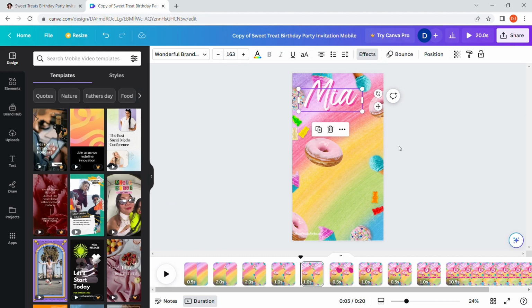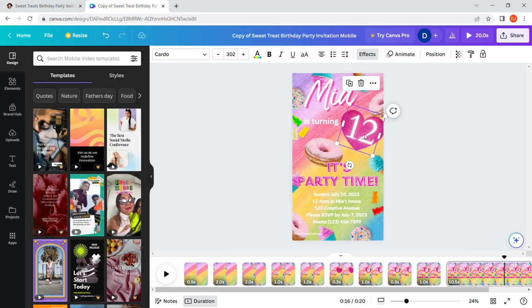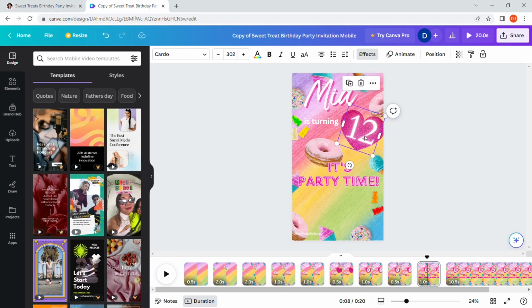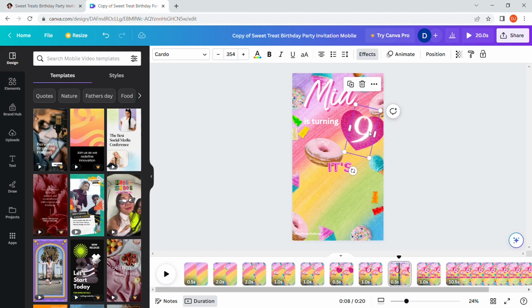Now we're going to go back and do the age. Let's go back to page 10 where we already modified and click on 12. Again, Control C to copy. Go to page 9, delete the 9, Control V, page 8, delete, Control V,